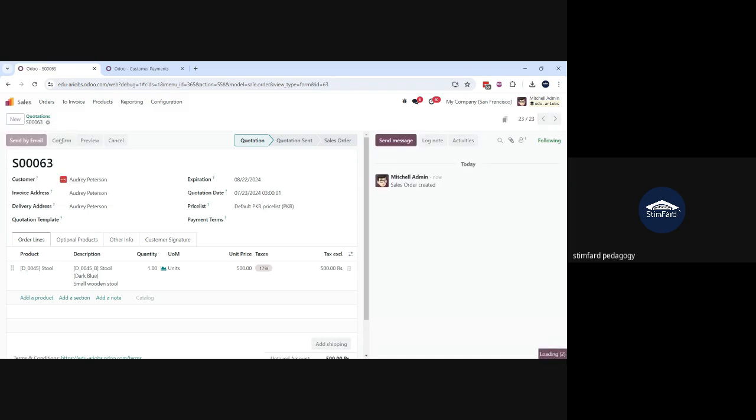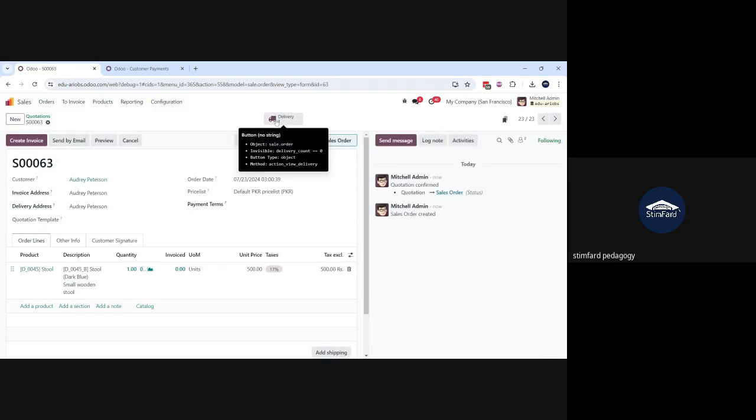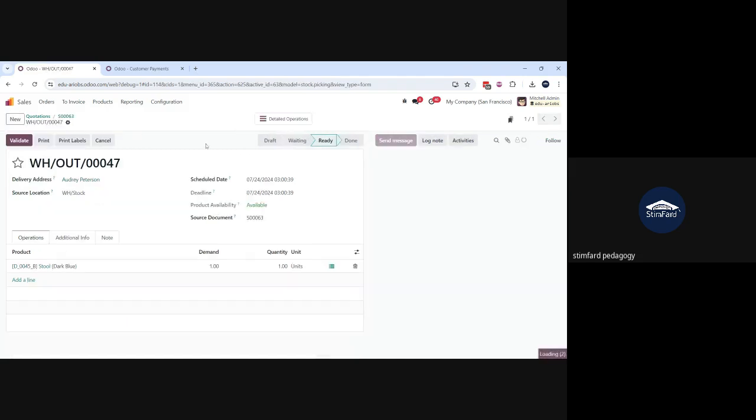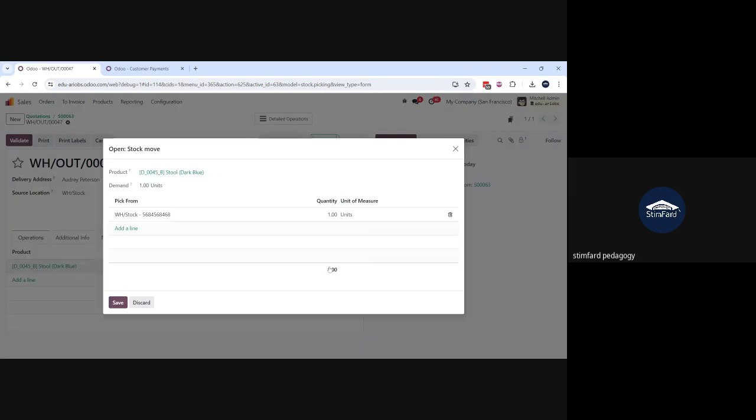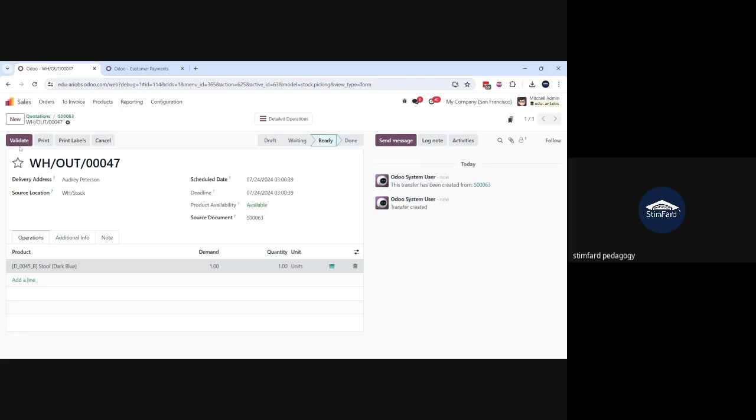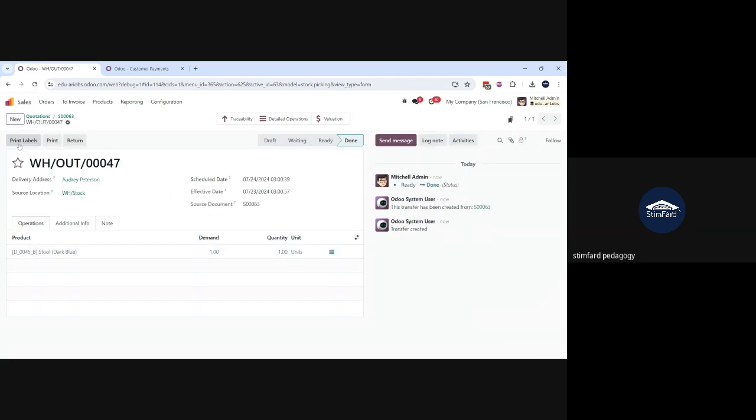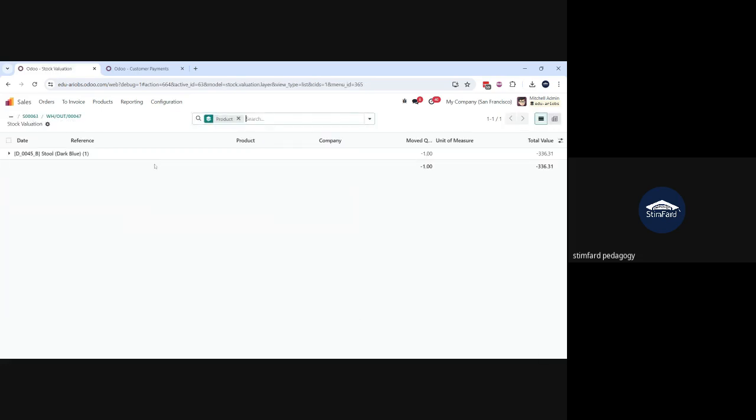As the quotation is confirmed, a delivery is there that needs to be posted. Okay, so I will go and select here. The serial has already been selected automatically by the system. I will just validate it. Okay, so delivery done, and as delivery is done, you can see here the valuation link on the delivery has been attached because this contains the valuation and the journal entry as well. And you can see here the system used the same valuation upon which we did the purchase of this